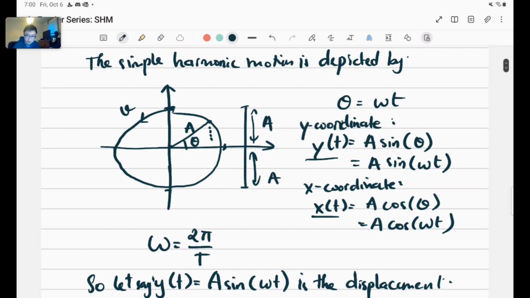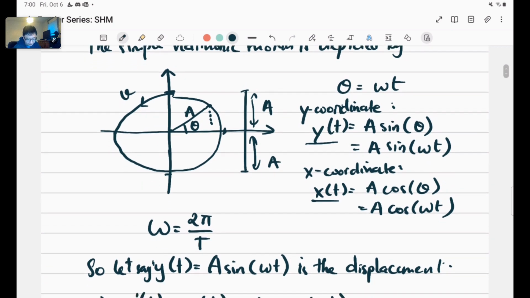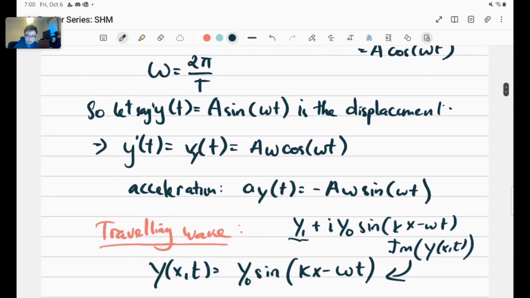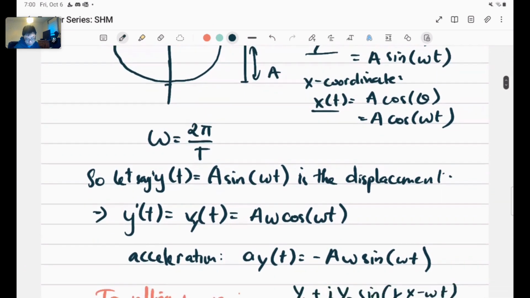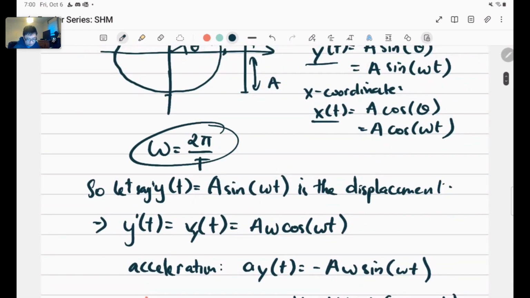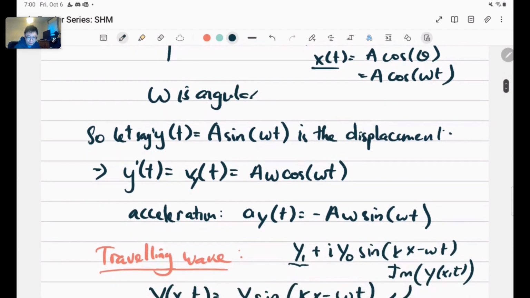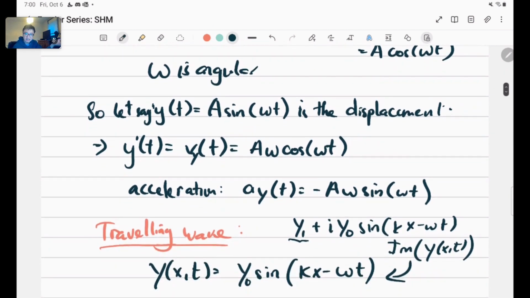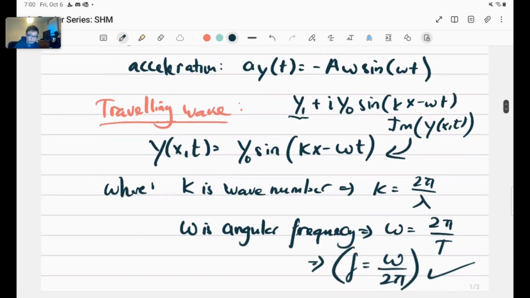And of course, our angular frequency is 2π over T. If anyone knows why omega here is defined as 2π over T, I think probably this one should be angular velocity. Not the whole equation, but I should be writing the angular velocity here. But whatever, okay. And then let's say you have this displacement. You can first take the first derivative to get the velocity. If you want to find the second derivative, you get the